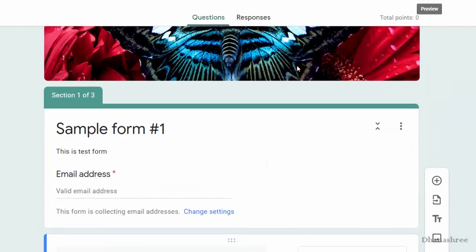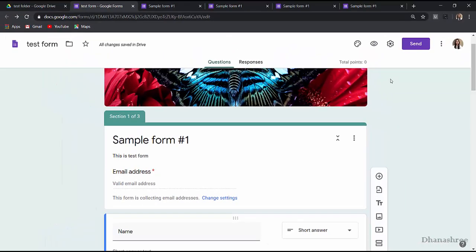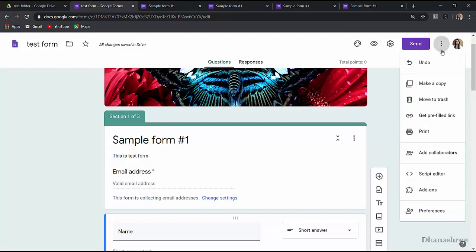Like we said, we want to collect email addresses, hence that question is automatically added to our form as a mandatory question. Before going to the send option, let's see some more settings in Google Forms. If you want to make a copy, you can. For example, if you have already made a feedback form for one particular event and now you want to repeat the questionnaire for another event but with another title, then you can make a copy of it